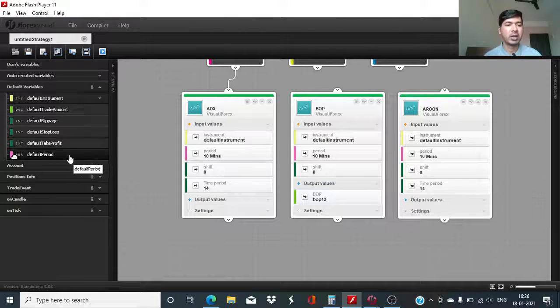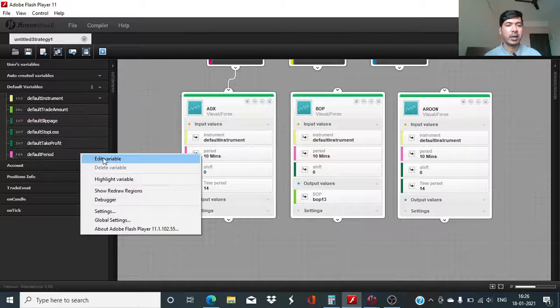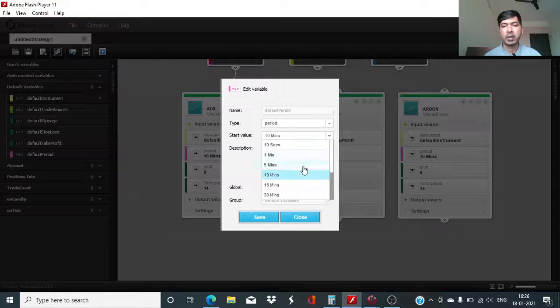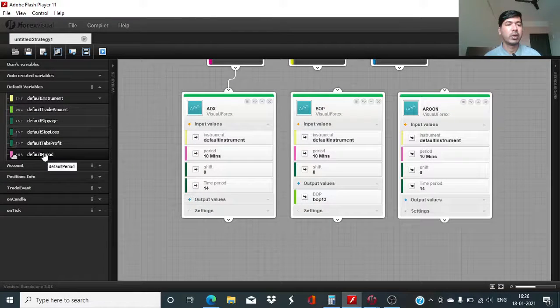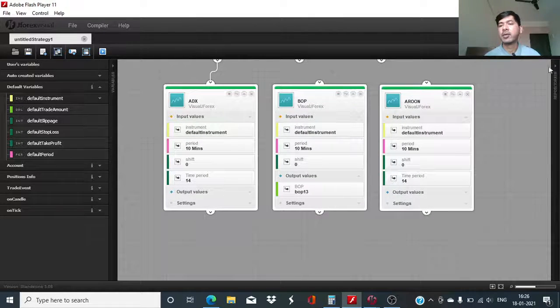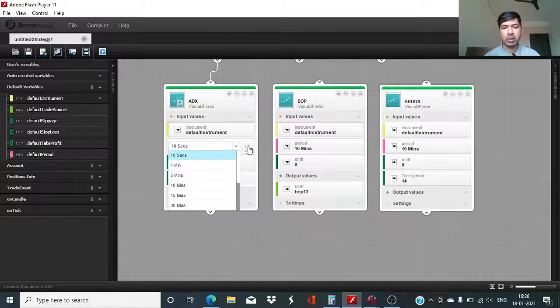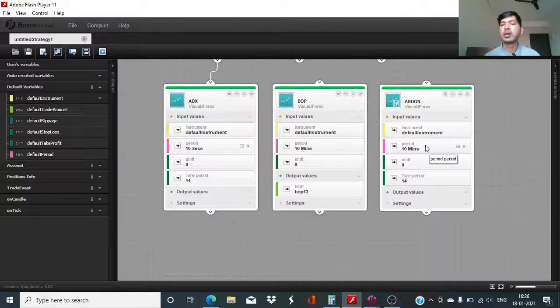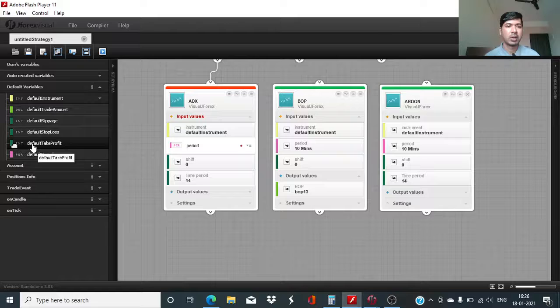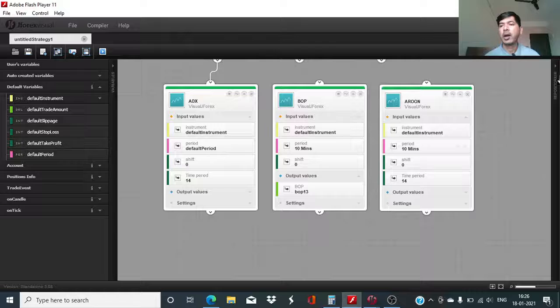Suppose if we change default period, we can edit the variable. Instead of 10 minutes, suppose if we make it hourly, now the default value for the default period is hourly. Now this is not default variable, this is the time period defined at 10 minutes, so we have this value. But if we remove this and take the default period as our value, we will have the hourly, and